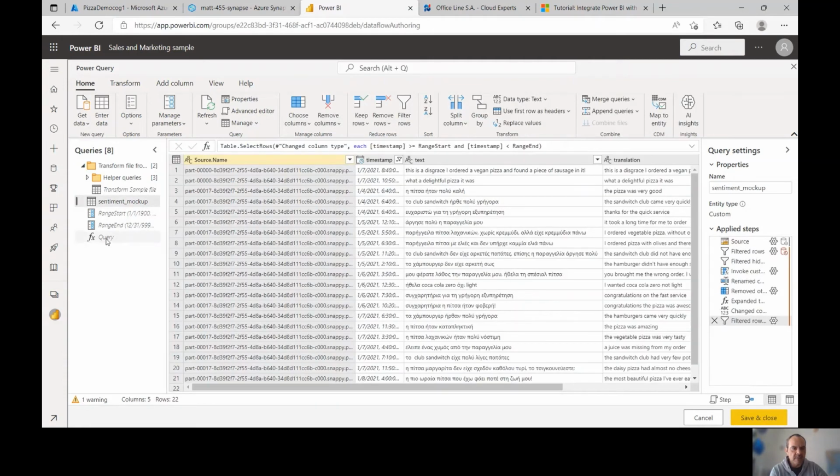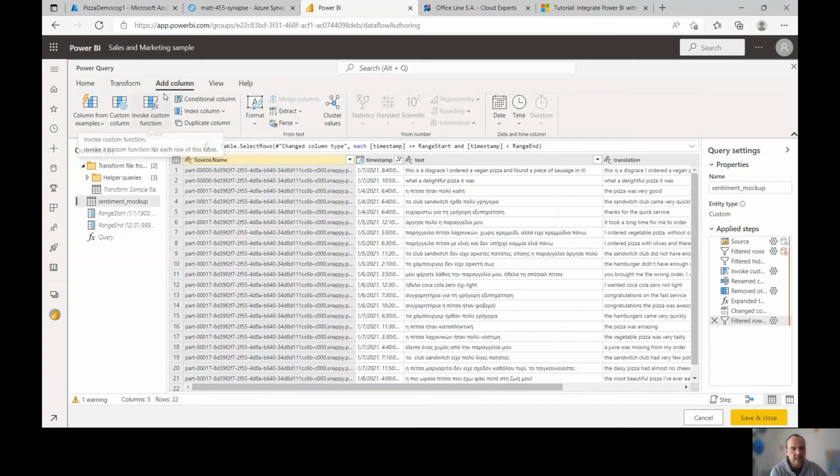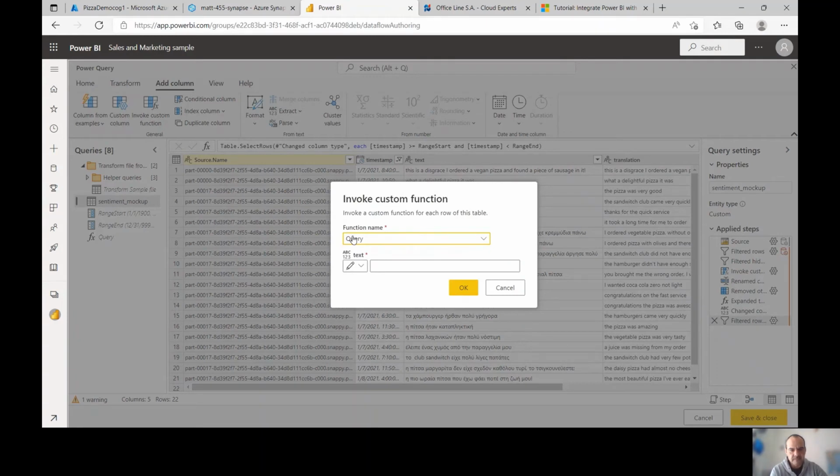So as you can see, define the custom function, and the next step is to add a column in your dataset by invoking a custom function. And you should select the values in the translation column.